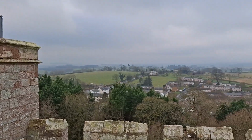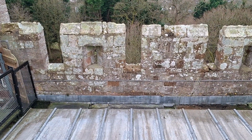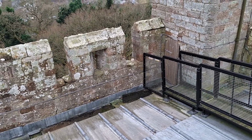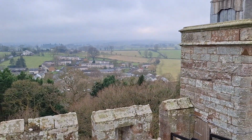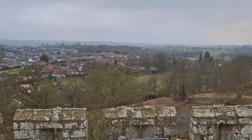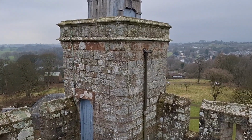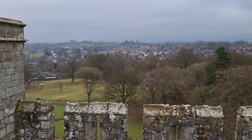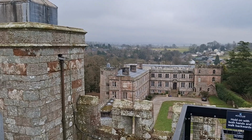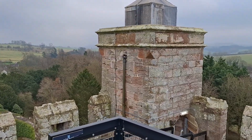And you can see some of the original arrow slits in the parapet are still there. I'm going to be totally honest. Today has been probably the most scared I've ever been filming a castle. Do you think this is more scary than Ewloe? I found that one a bit scary. The one in Wales? Yeah. It's not really for the height. It's more for just the actual stairs themselves. Okay. I mean, I've climbed similar, but there's just so many of them. Yes, it's just one of those where you start wondering